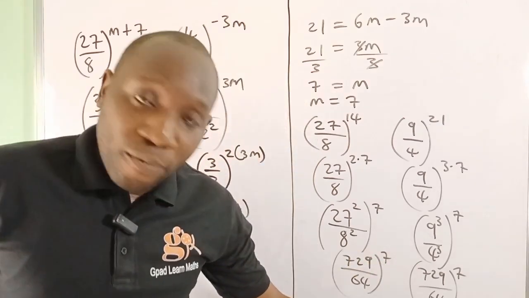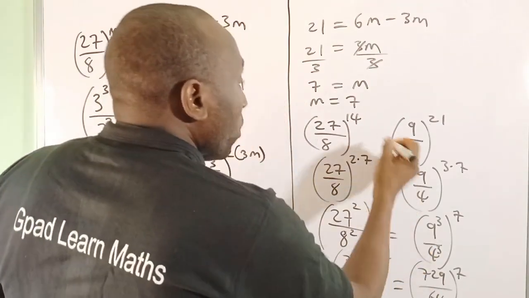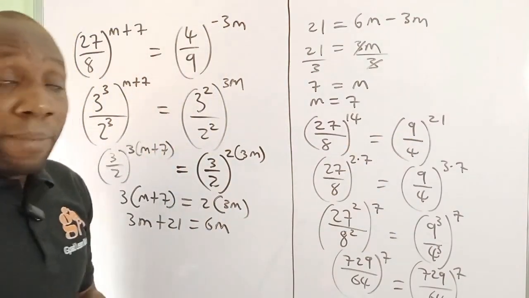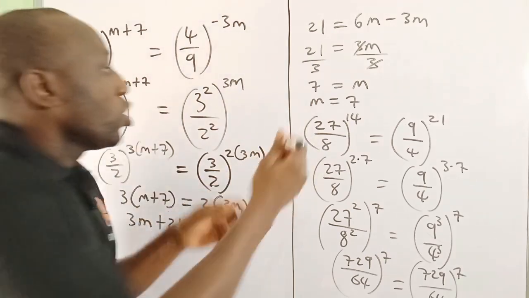Are they not the same? Of course they are. So we can just put equal to in all of them and say, yes, the value of m that will satisfy this equation is going to be